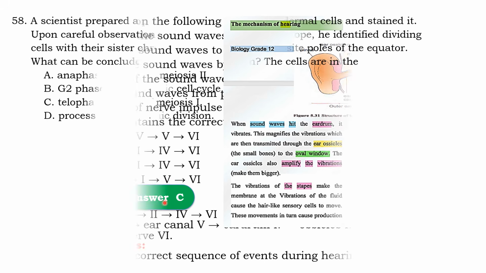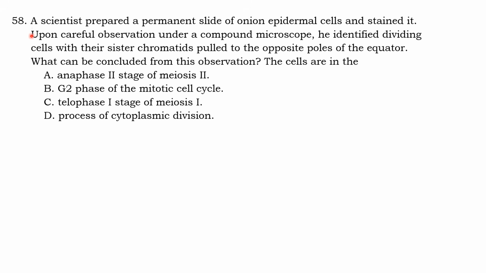So the answer should be C. Question number 58: A scientist prepared a permanent slide of onion epidermal cells and stained it. Upon careful observation under a compound microscope, he identified dividing cells with their sister chromatids pulled to opposite poles of the equator. What could be concluded from this observation? The cells are in the